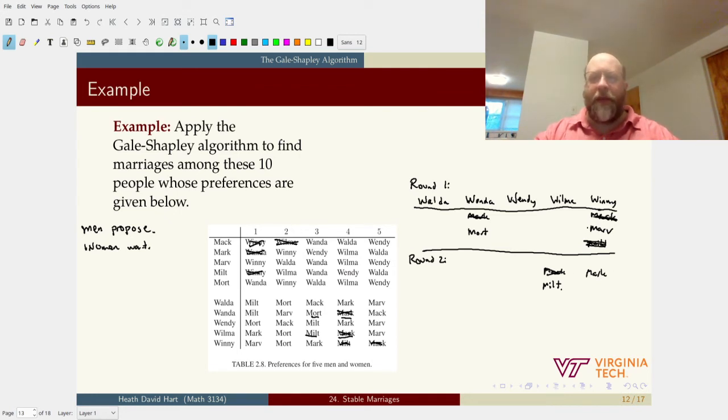Winnie has two people standing in front of her, Marv from her first round and Mark from the second round. But again, Winnie prefers Marv. Marv is her first choice, and so she's going to reject everybody else. She's going to reject Mark. And so Mark did not get his second choice either, and he goes back to the stag pool. All right, so now we have two people in the stag pool. Mark and Mac, those are the two people who had their second choices rejected. And so now in round three,